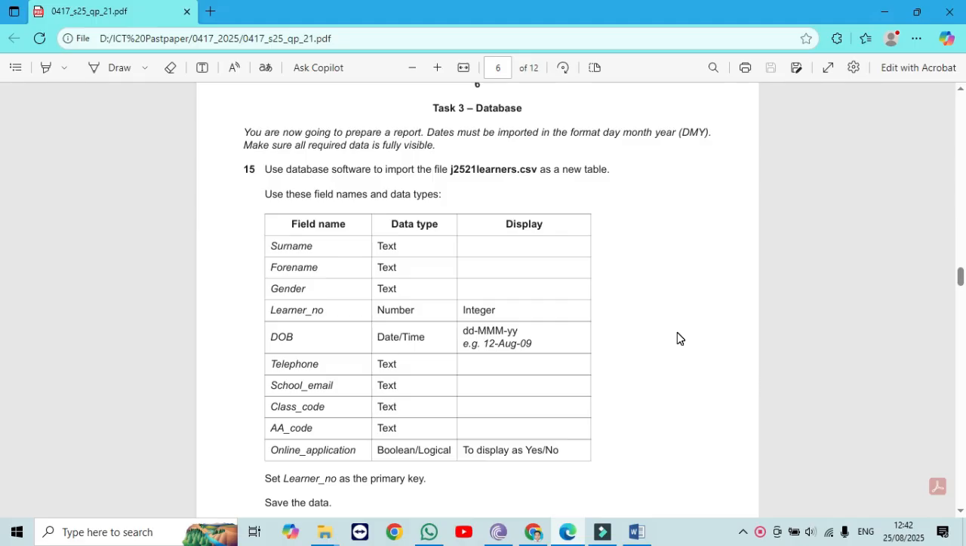Today I am here to explain Cambridge IGCSE ICT May-June 2025 Paper 21 Database Part. So here it says that you are now going to prepare a report. Dates must be imported in the format of date, month and year. So,